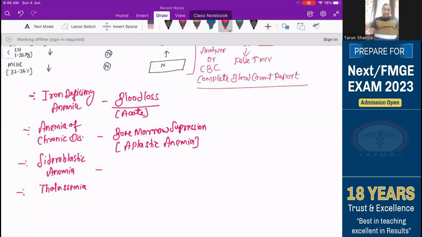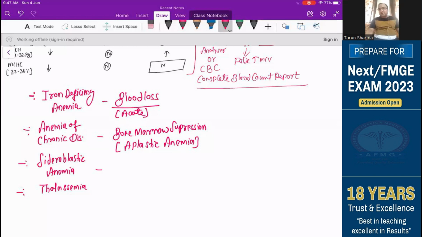Third thing, the bone marrow is having a normal activity. Bone marrow is throwing new RBCs into the peripheral blood every time. Everything is normal, but the newer RBCs are getting destroyed within the blood itself. And if you make the peripheral blood smear of that patient, the RBCs which are still intact, that are not destroyed, you are going to see those cells only. So those cells will appear